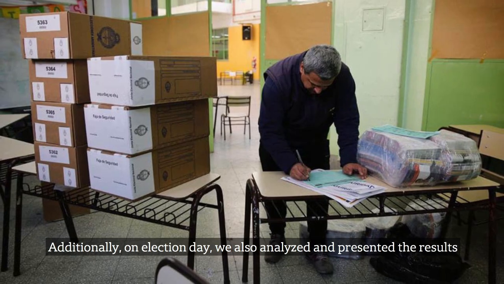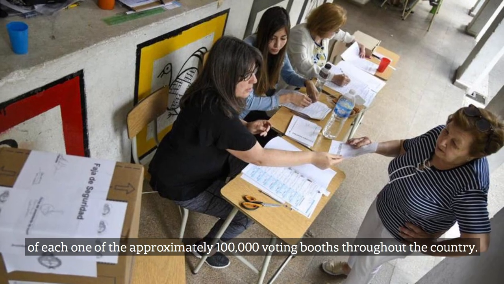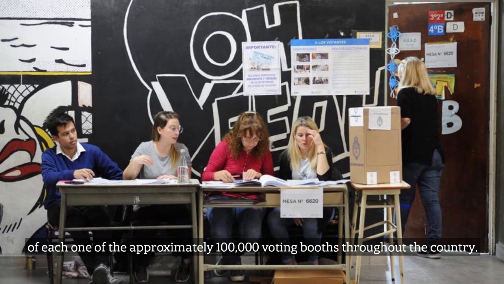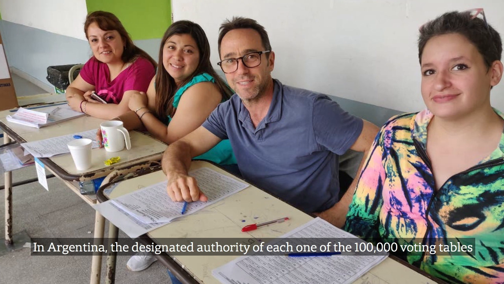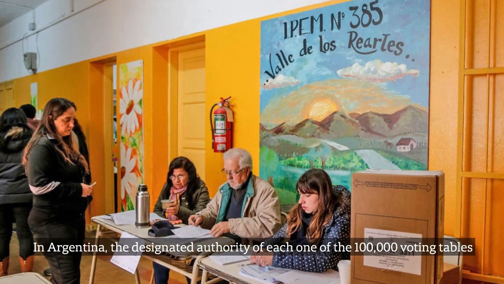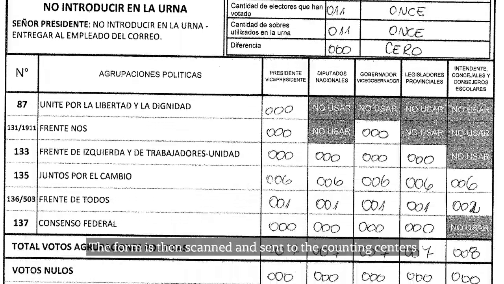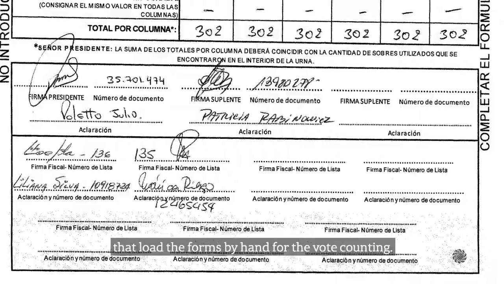Additionally, on election day, we also analyzed and presented the results of each one of the approximately 100,000 voting booths throughout the country. In Argentina, the designated authority of each one of the 100,000 voting tables prepares a form containing the results. The form is then scanned and sent to the counting centers that load the forms by hand for